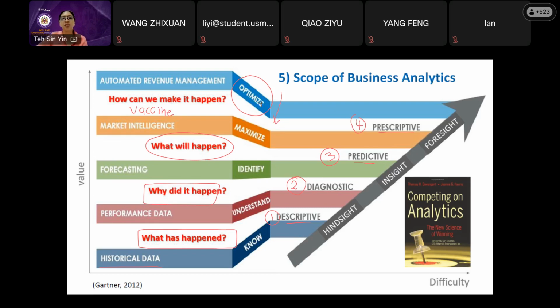So optimization, in the next slide, I will tell you, there are two parts. Either we want to maximize it or we want to minimize it. If we are talking about profit or revenue, can you tell me, for profit or revenue, do we want to maximize it or minimize it? Can you type in the chat box? When I talk about optimization, I'm talking about profit and revenue. Do I want to maximize it or minimize it? Let me see the answer.